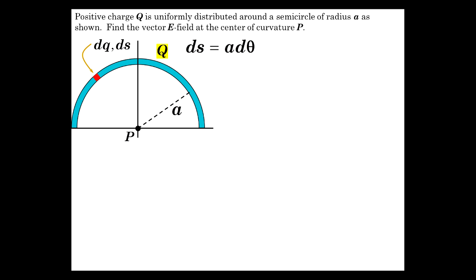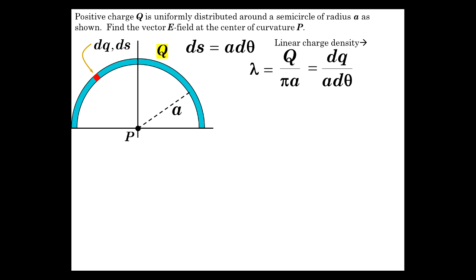So ds is a d theta. That's the differential length. A is, of course, the radius. Linear charge density, as we know, is charge per length. Well, what's the charge? The charge is Q. What's the length? Oh, it's the entire length of the hemisphere, so that's an angle of pi times A. So that's lambda is Q over pi A. And that's dq over a d theta, because the total charge over the total length is the differential charge over the